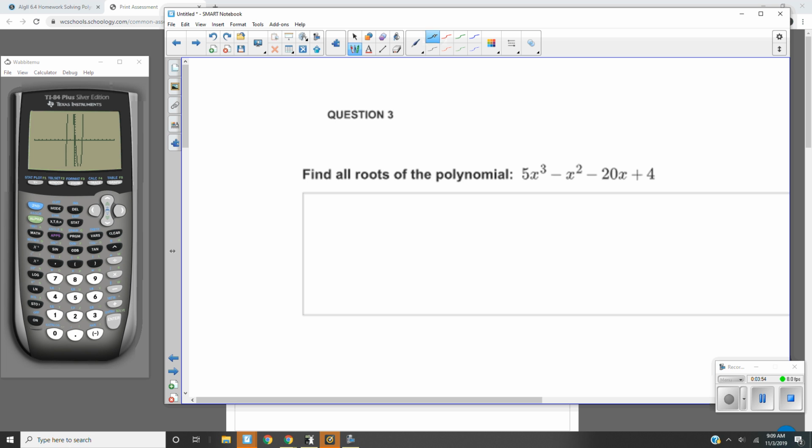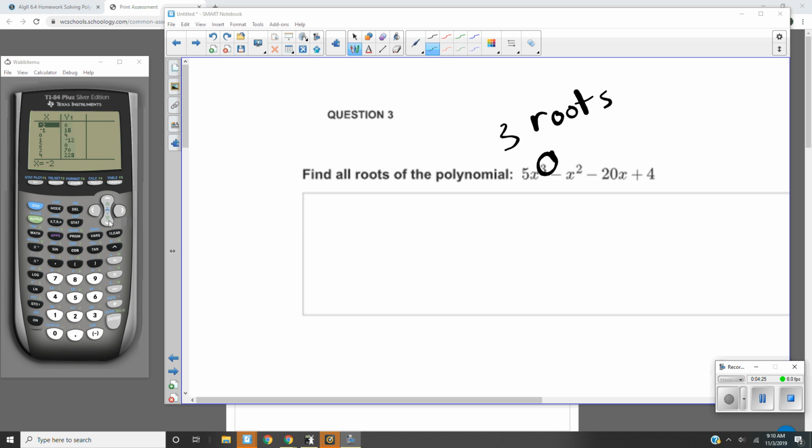All right, so the next example is, again, the highest power is 3, so that means we're going to have 3 roots. We're going to start by putting this problem into the graphing calculator, which I've done there. We're going to graph it. And again, if you can't tell what the roots are, you can examine the table of values. If you hit second graph,